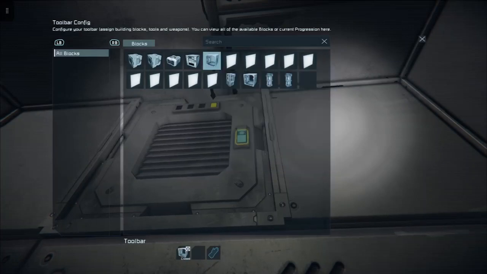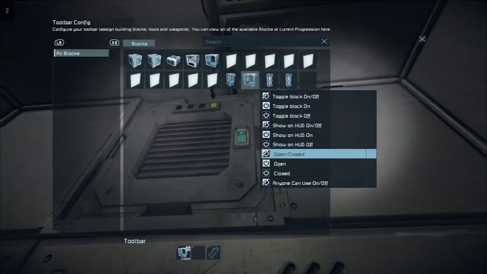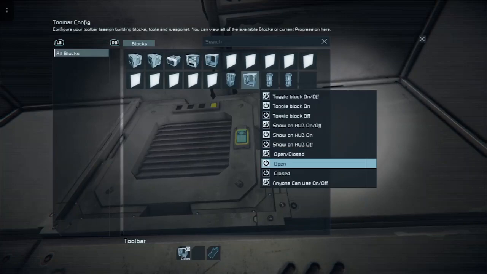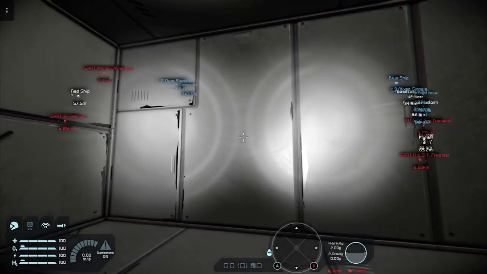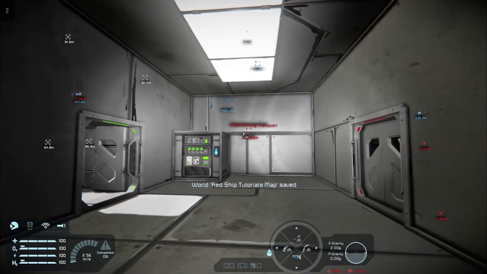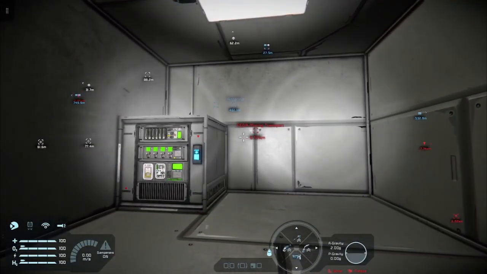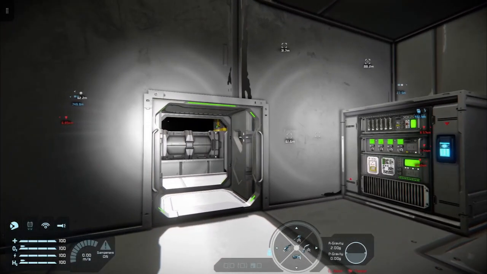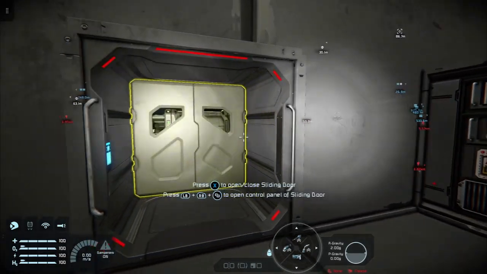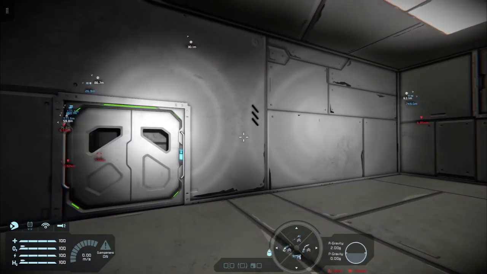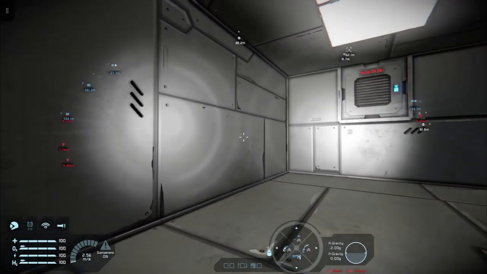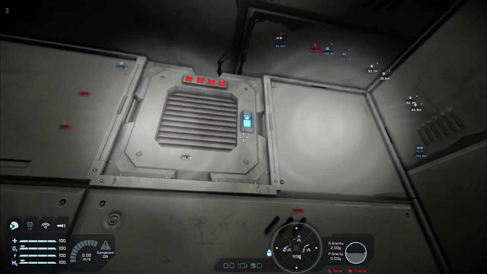open. And then in the second slot we have our outer door, and we want to choose open. And now if I've set this up right, we should be able to toggle things, and I don't know why that's turned itself off.